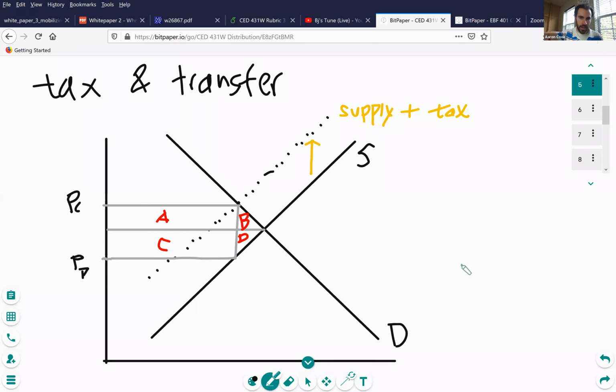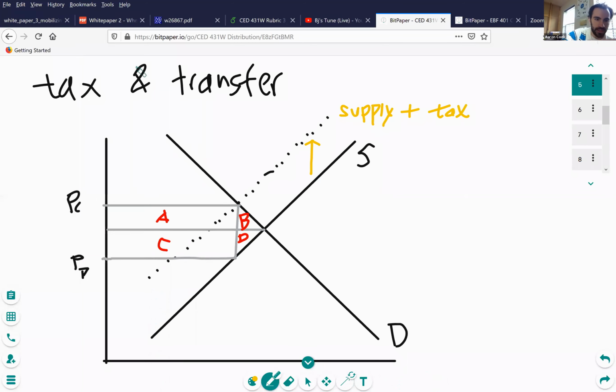But we can just think of this as some general tax and transfer program where there's some good with some original supply curve. There's some tax applied to that, so that's going to, according to this yellow line, represent the upward shift in the supply curve as a result of the tax, where suppliers are now not just forced to pay their labor costs and their materials costs and their land costs, but now they have an extra cost where they're sending money out of their revenues to Washington D.C. or to Harrisburg, depending on whether it's a state or federal tax.